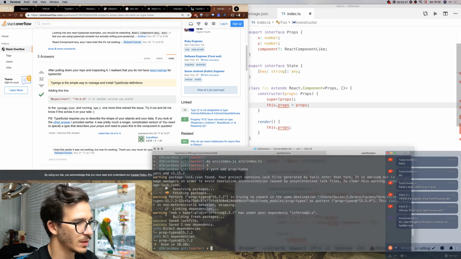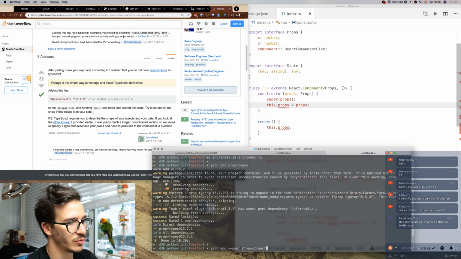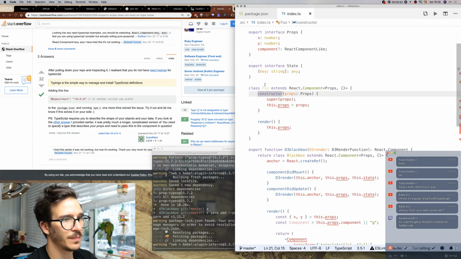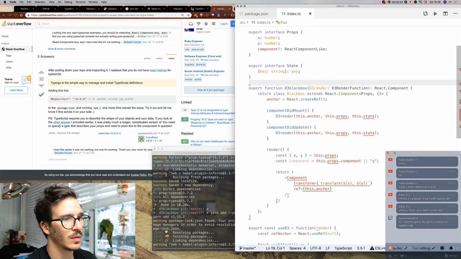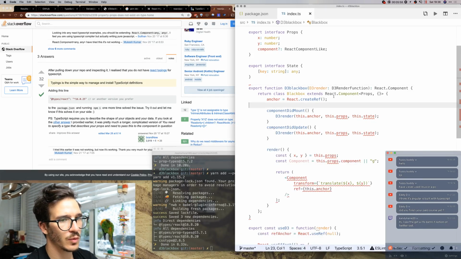Okay, so I need to add, yarn that as a peer dependency, I guess. Yarn add --peer @types/react. So that should make it work then. Let's see if it does. So we got